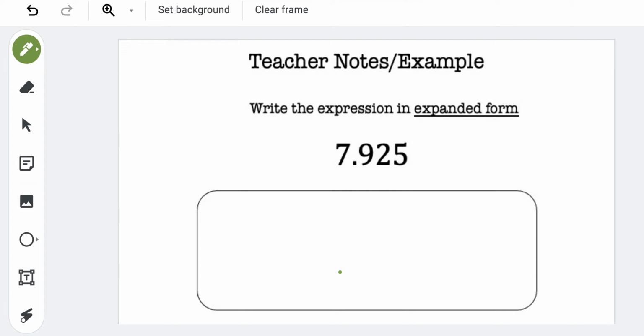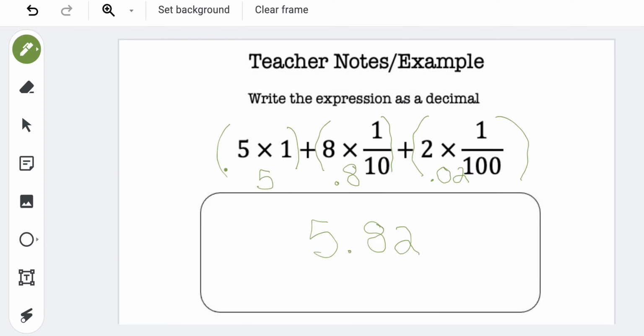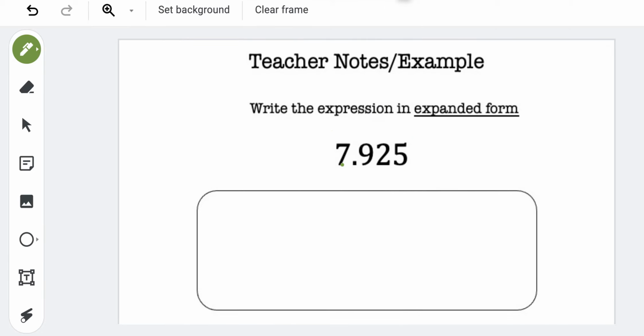All right, now this time we're going to do the opposite. This time we're going to start with the decimal, and we're going to write it in expanded form. So we want our answer to look like what these were to start off with, okay? So here we have 7 ones, right? So this is going to be 7 times 1. If you want to, we can put these in parentheses. And then to that, we're going to add, well, we have 9 tenths, right? So that's going to be 9 times 1 tenth,